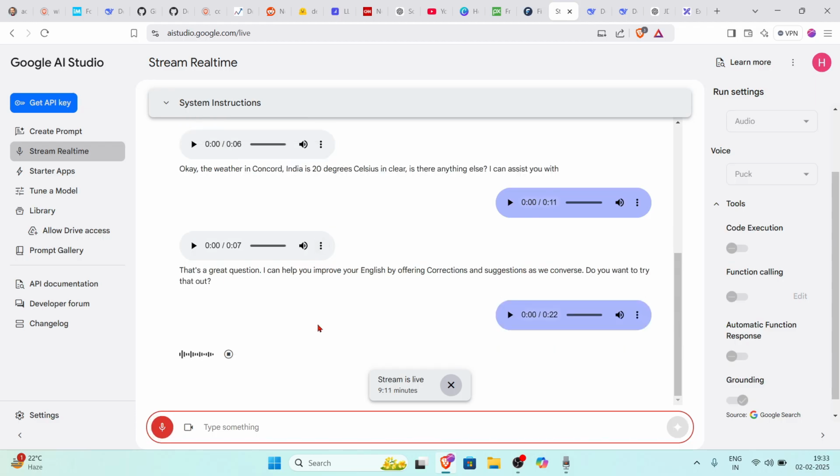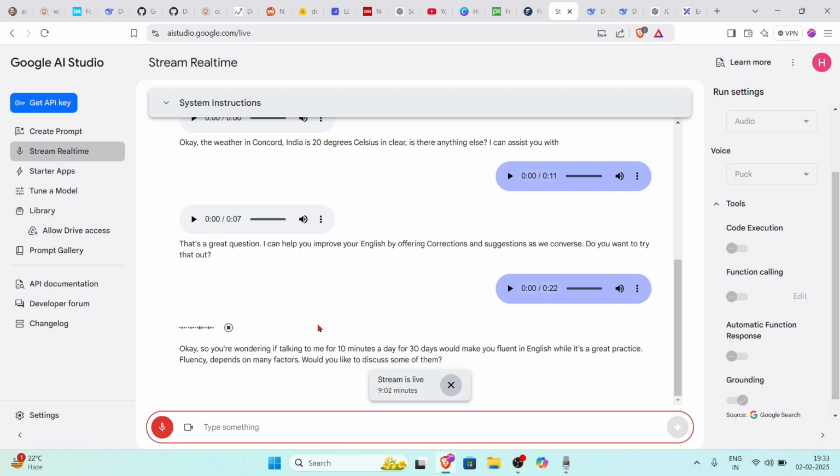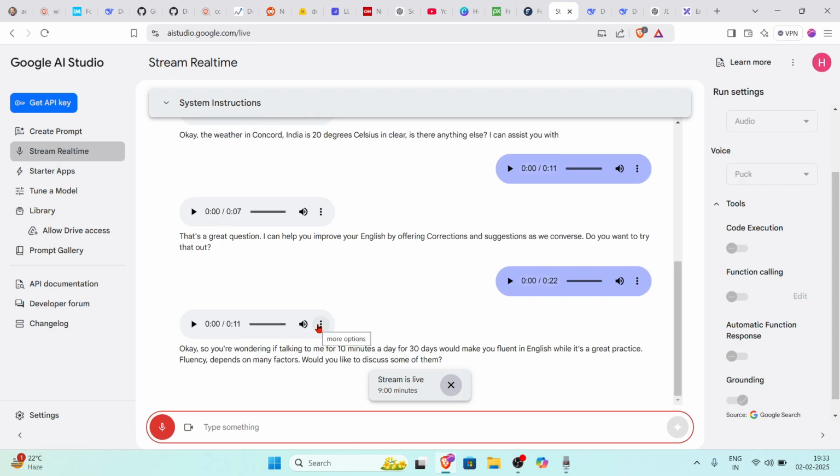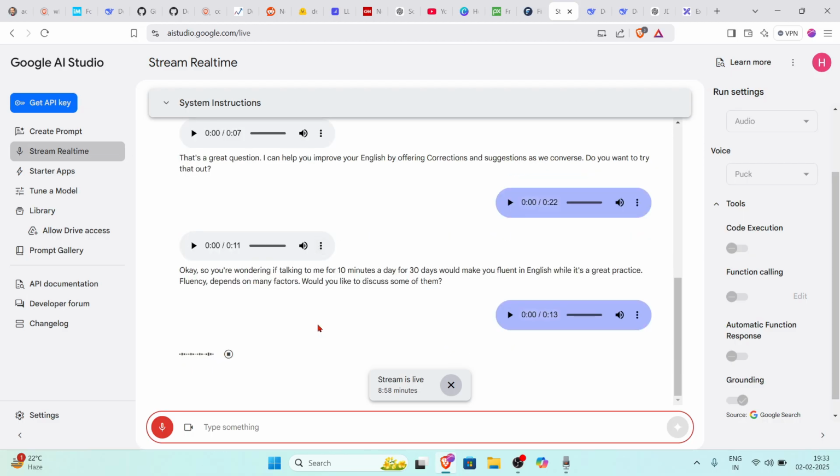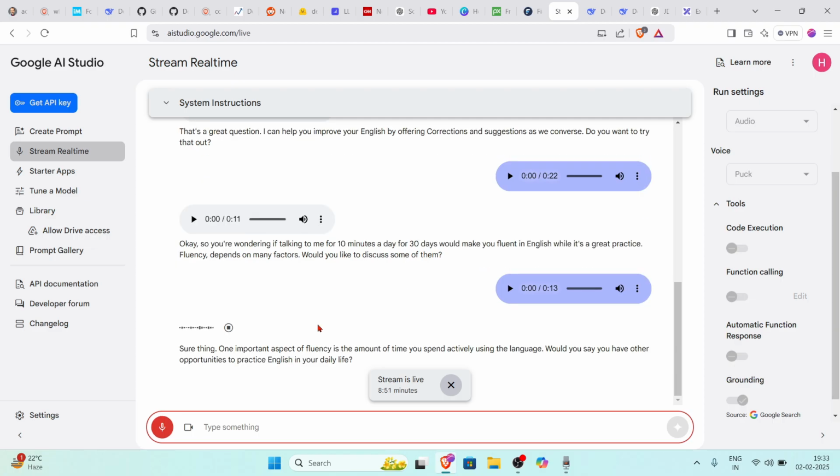Okay, so you're wondering if talking to me for 10 minutes a day for 30 days would make you fluent in English? While it's a great practice, fluency depends on many factors. Would you like to discuss some of them? Yeah, sure. Sure thing. One important aspect of fluency is the amount of time you spend actively using the language. Would you say you have other opportunities to practice English in your daily life?